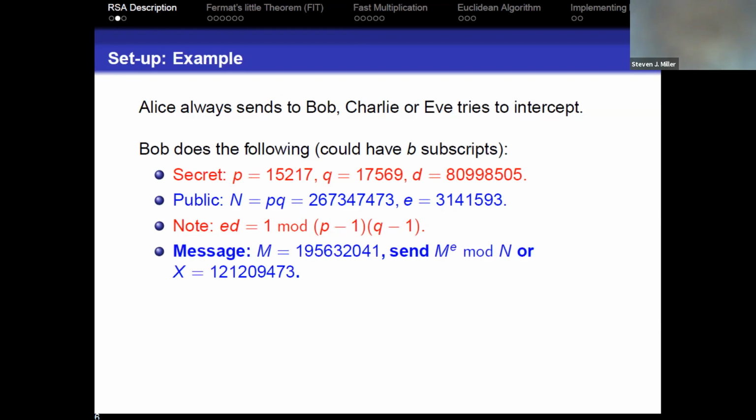Alice chooses a message, M, and the message is going to be a number between 1 and big N, P times Q. And the message has to be relatively prime to N. Well, the number of numbers that divide N is extremely small. There's P and there's Q. If your number is of size 10 to the 400, because each prime is of size 10 to the 200, let's see how many messages I have to worry about accidentally hitting: